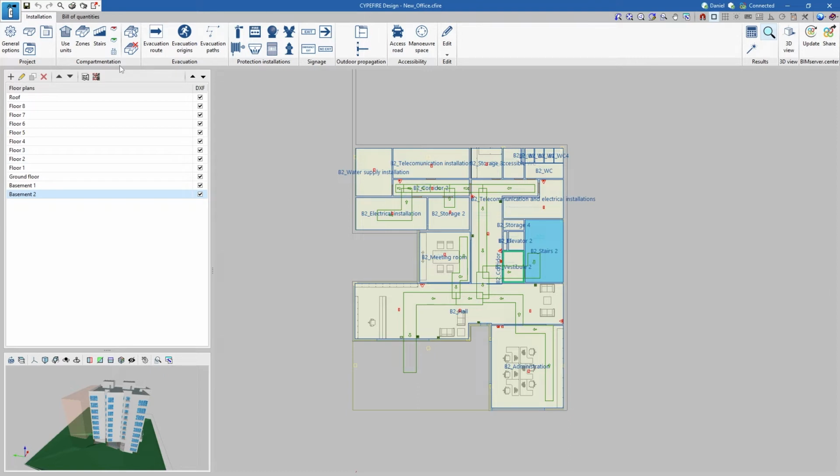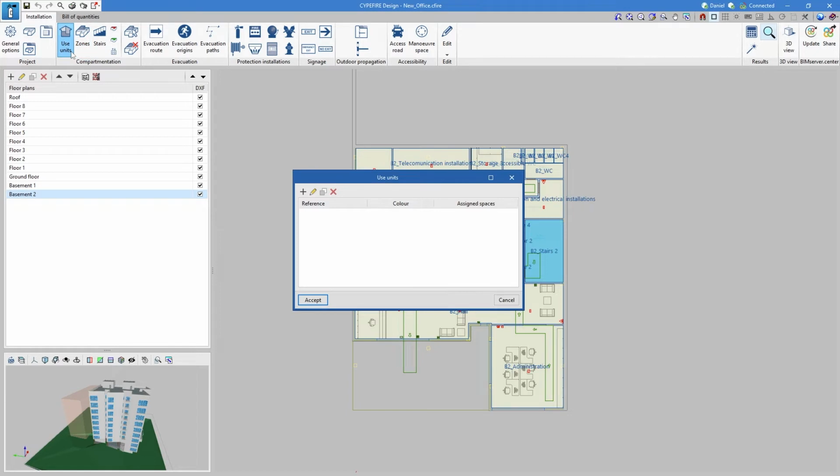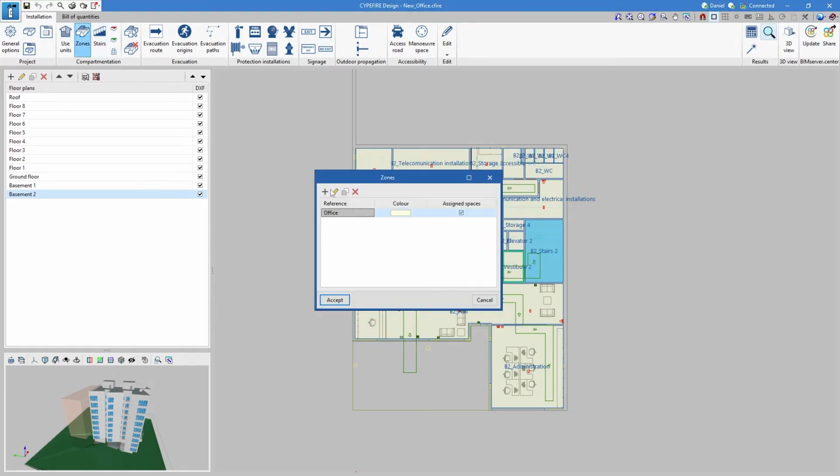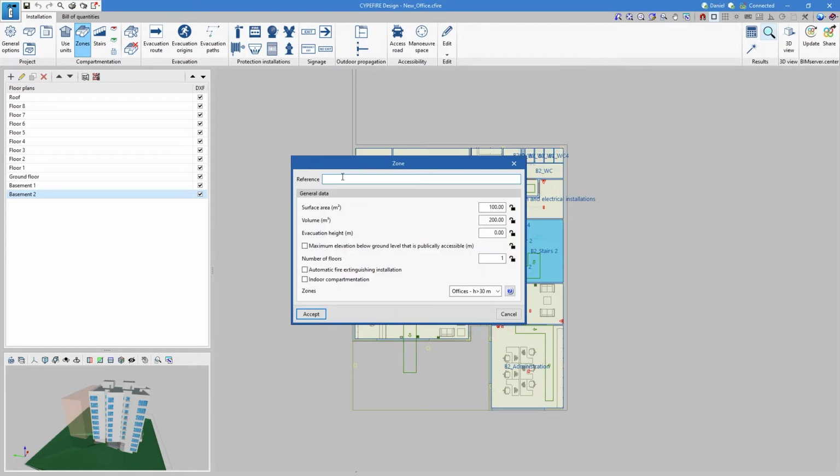I also would say that compartmentation is one of the main elements in the fight against the spread of fire. With the compartmentation, we are able to delimit areas that may involve a special risk due to their specific properties. And for example, we are able to introduce different use units. We are able to define the different zones. For example, let me introduce a